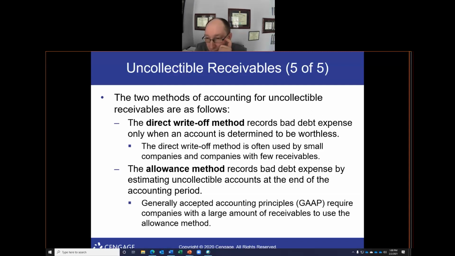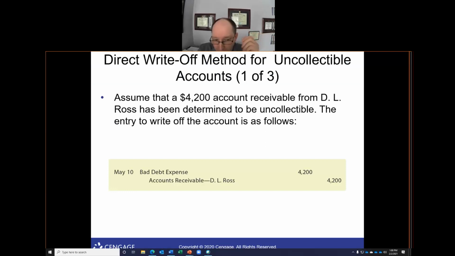Estimation, earlier I said 3%. Usually I cannot collect about 3% of what my customers owe me. That's an estimation. That's what we call the allowance method. And through generally accepted accounting principles, I can estimate based off of all of my accounts receivable that I'm not going to be able to collect about 3%. And so I would debit bad debt expense by 3% of the total accounts receivable, and I would credit accounts receivable. And then if I do end up collecting it, I can reverse that.